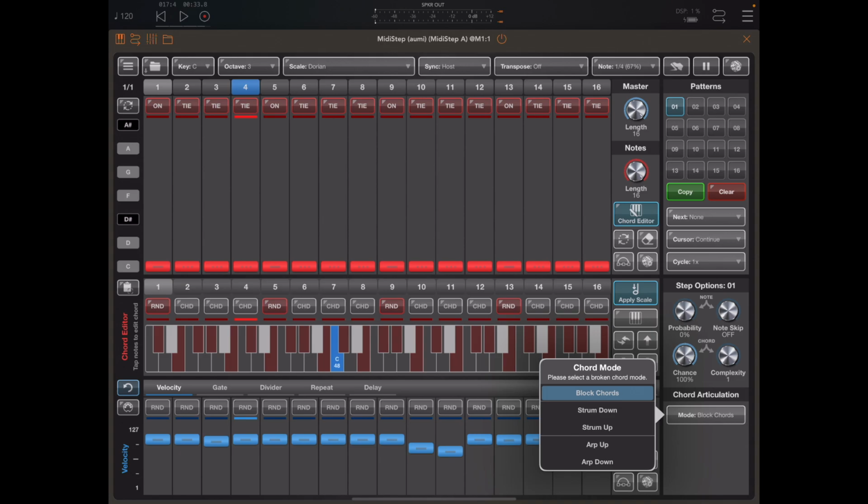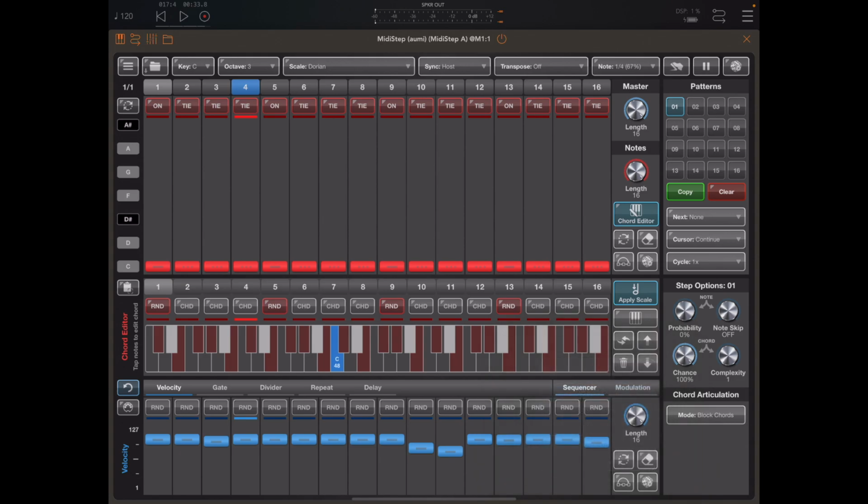But you'll notice 2 additional options in here, strum and arp. Now if we take a look at the second chord on step 5, you'll see that the articulation is set differently on step 5. In fact it's set to arp up. And in arp up mode we have additional parameters in the articulation panel, but we'll look at them in a minute. If we take a look at step 9, you'll see that we're playing a block chord, so there's no